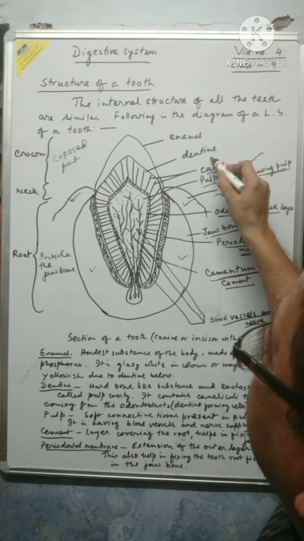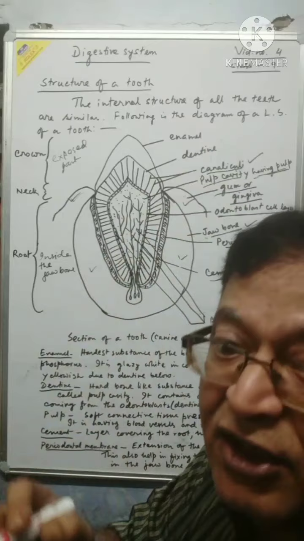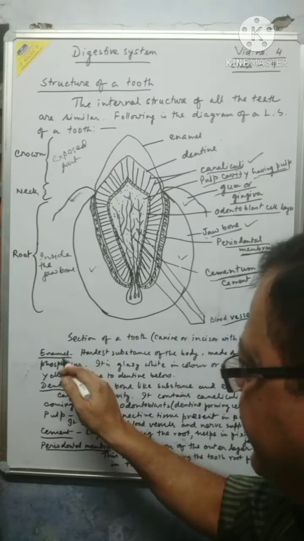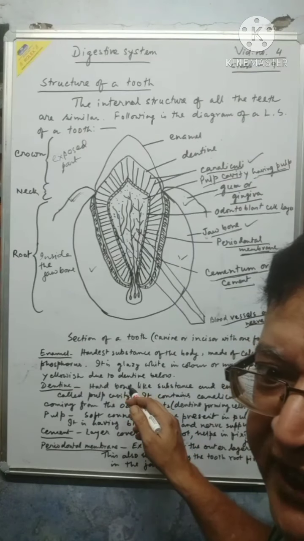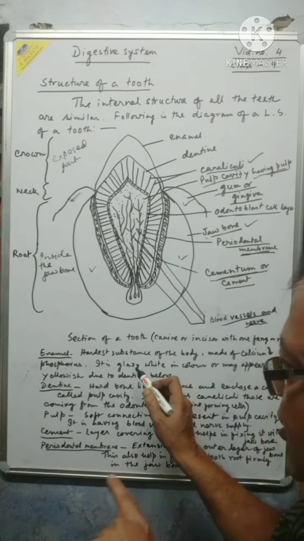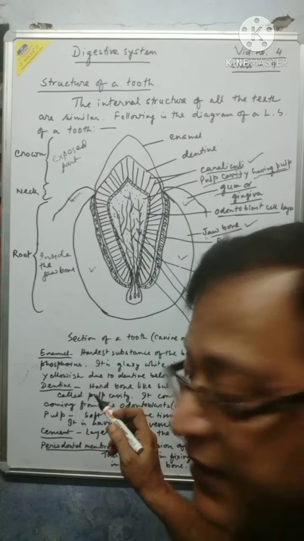Enamel and dentine make up the bulk of the tooth, which is separately studied and written here. You can also write down from there, though the handwriting may not be very convincing. You can take it from your study material.